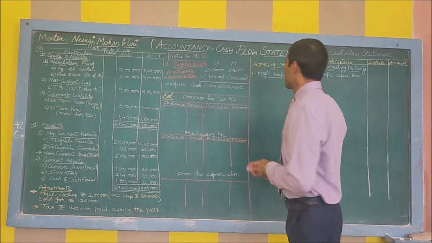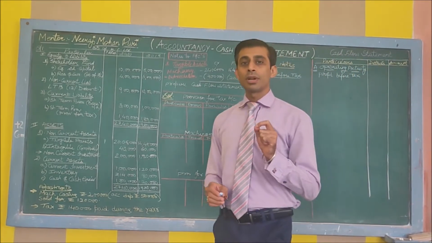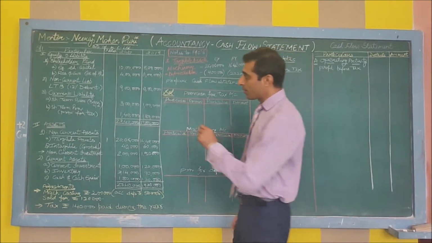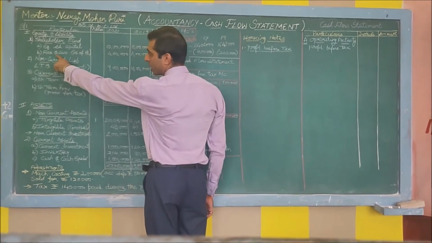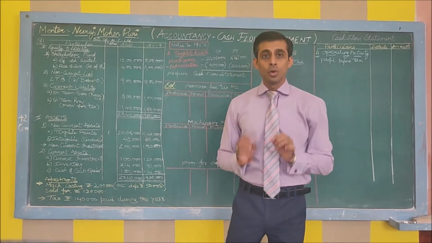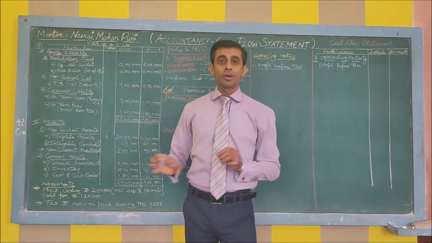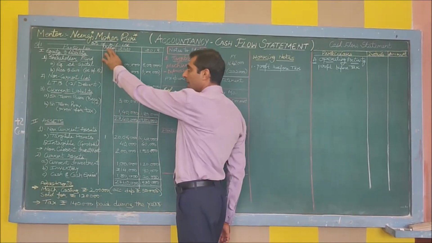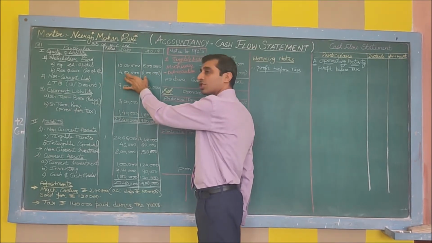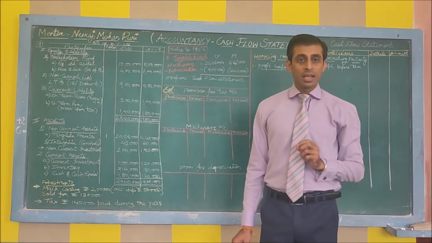For this calculation, we have to start with either the surplus in the statement of profit and loss, or we have to start with the general reserves. So let's come to this section. It is reserves and surplus. Is there any note given? If there is any note given for a particular item, its difference will not be taken from here. If for any item a note number is given in the note column, we will not take its difference from the question statement, rather we will take the differences from notes to accounts.